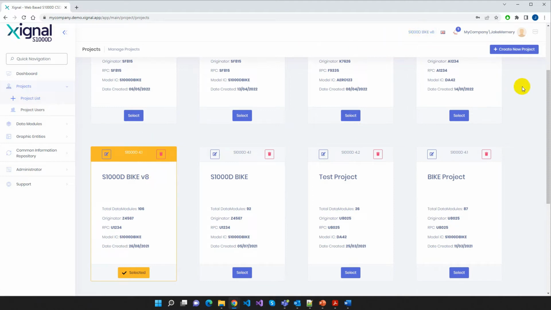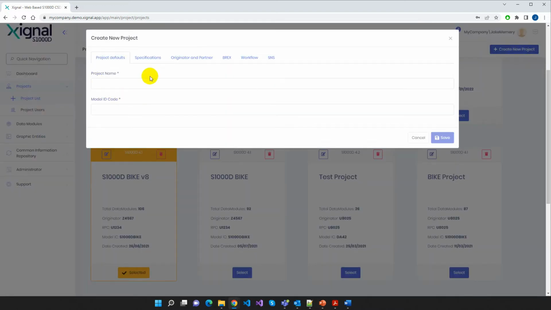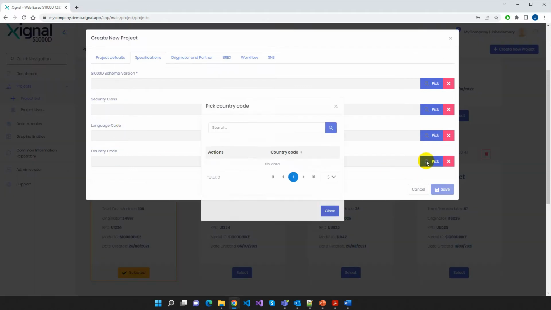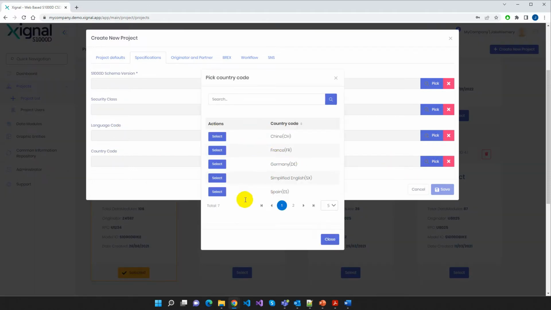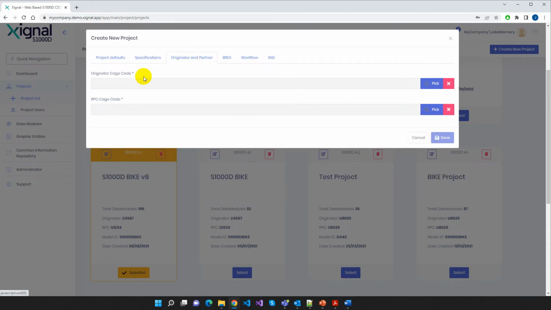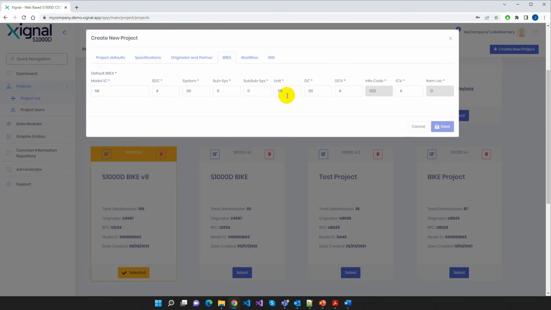To create a new project, again we just come up to the right hand side here, create new project. We would type in some details, the specification, so we would choose which version of S1000D we want using pickers, security classifications, language code, country code, again using pickers. So this is just looking at those repositories that we looked at earlier and allowing us to select rather than hand typing. So again, originator and partner, so originator cage code, RPC cage code, Brex,